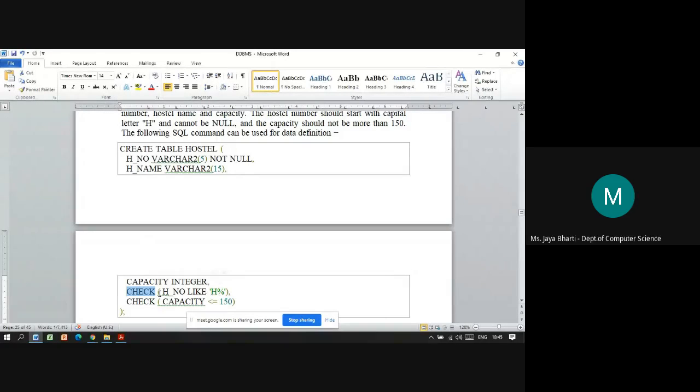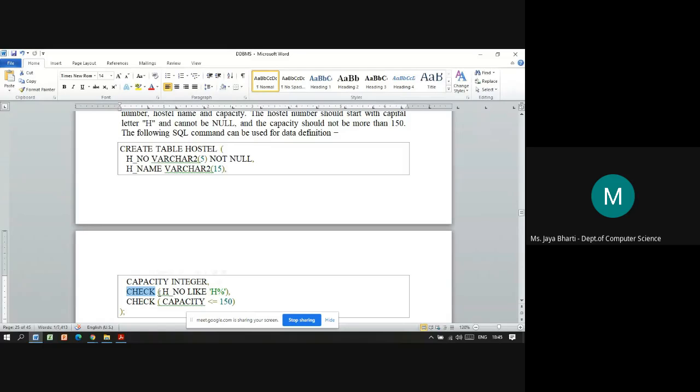So using check, we have put the constraint on the hostel number that it will always start with a capital H: H1, H2, H3, H4, like that. Then, after a comma, the next constraint is that capacity should not be more than 150. Inside the check, we write that predicate, the condition: capacity is less than or equal to 150.